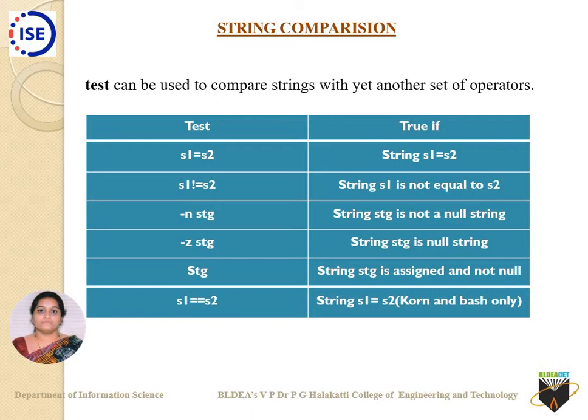Read two strings, and check for both of the strings whether they are null strings or not. If they are null strings, print an appropriate message. If not, mind my statement, check for the string equivalence. If those strings are equal to one another, print an appropriate message that the strings are equal. In numeric comparison I have given you one work; this is the second work of writing a shell script.